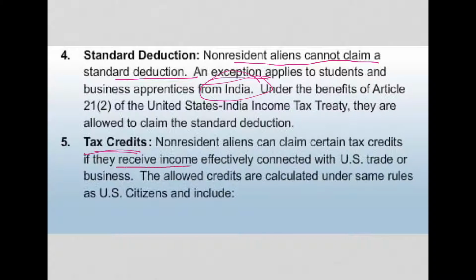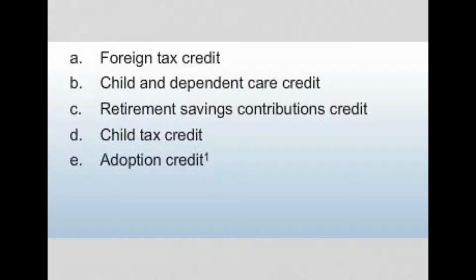Again, only if they receive income effectively connected with the U.S. trade or business. And those credits are, amazingly enough, the foreign tax credit, which is really not amazing, it makes sense, it has to be there to protect them from income that might be taxed in their home country or some other foreign country. This is a little bit unusual to think about, child dependent care,